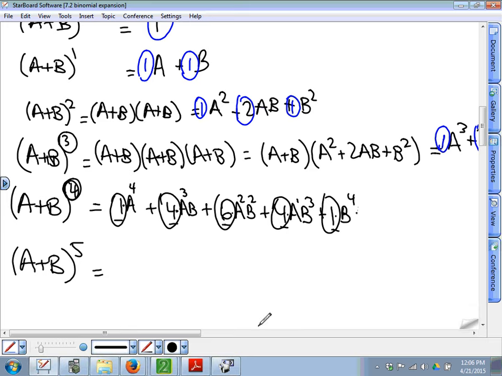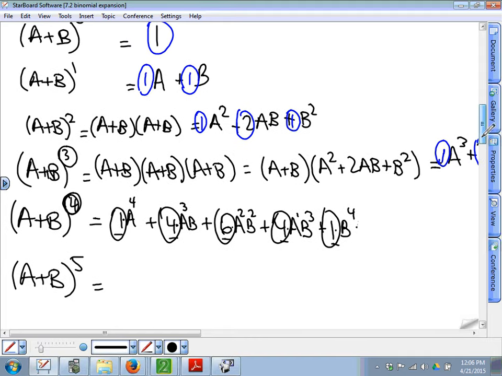All right, let's do this one. (a + b) to the 5th power. I think you guys have the 5th row of Pascal's triangle in your notes, right? It's 1, 5, 10, 10, 5, 1. Those are the numbers that go in front of each term. So it's going to be 1 times a. What power? 5th power. Yep. Plus